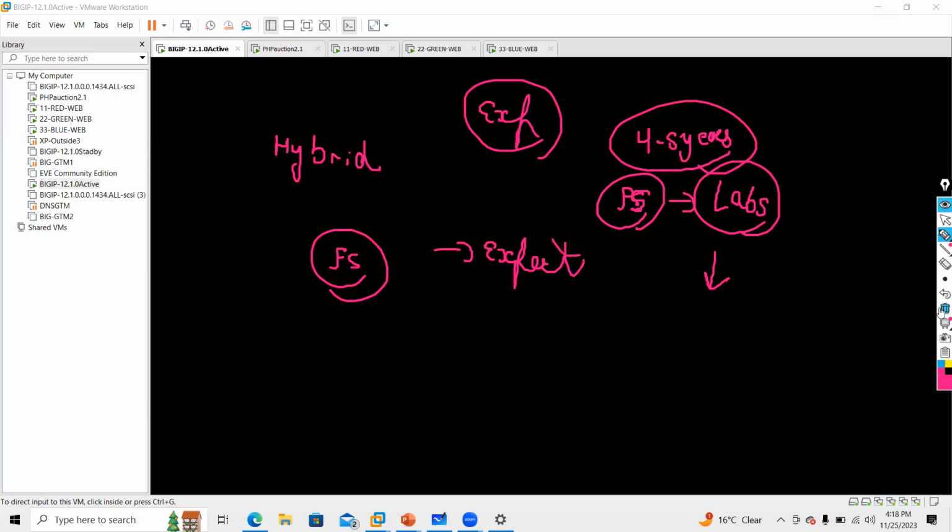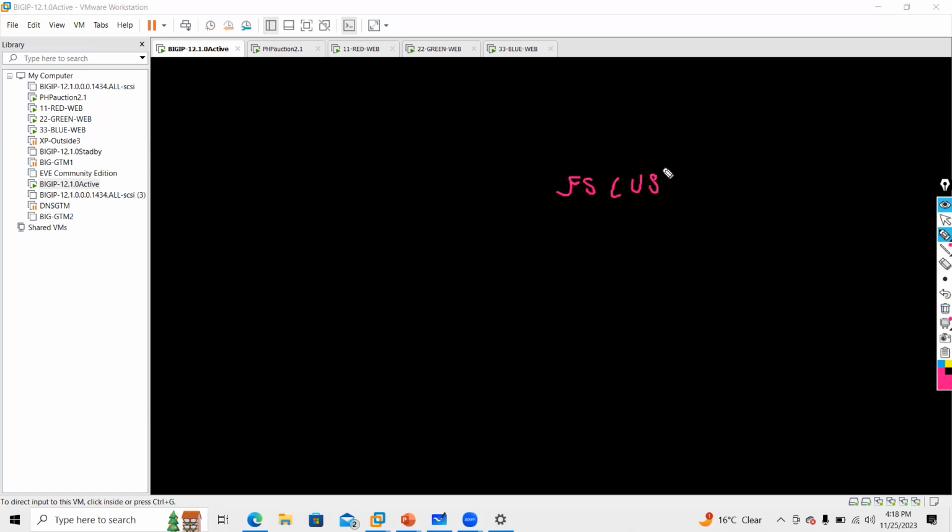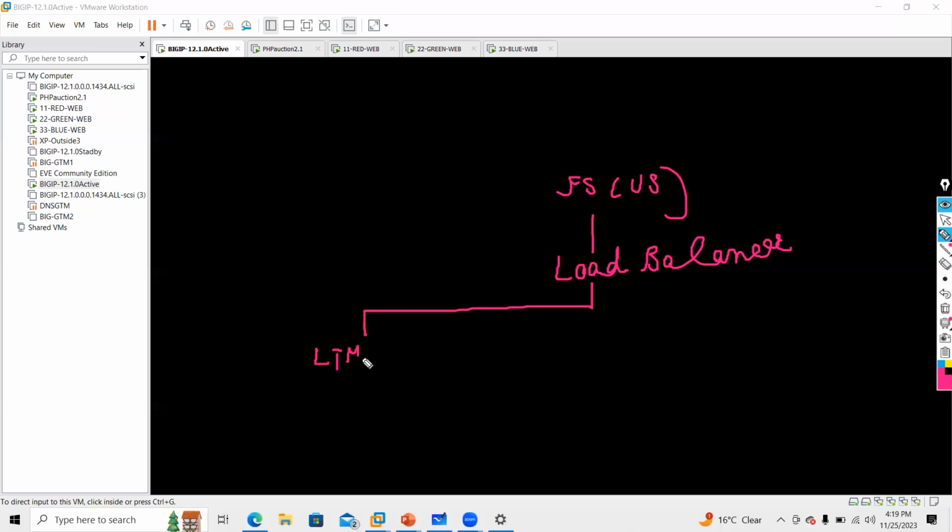So when I talk about F5, guys, F5 is a US based company. It has a product called load balancer that everyone knows, but F5 has different modules into which it has been categorized. First module is LTM. Second module is GTM. Third is WAF. And fourth is APM. So F5 is not just a load balancer. That is the wrong assumption which everyone has. That's why they don't get selected in an interview.